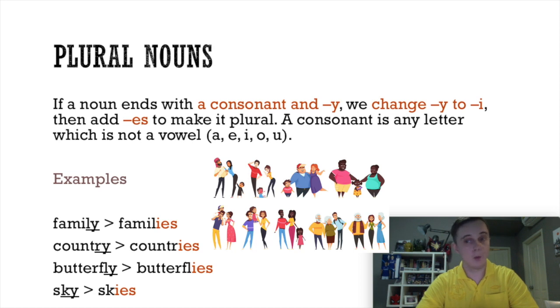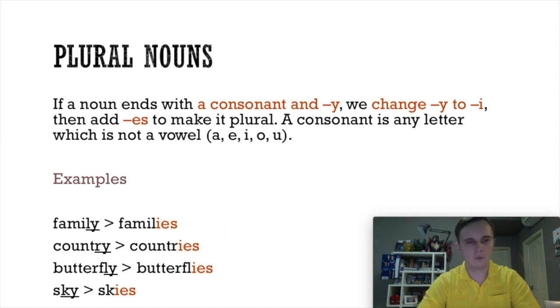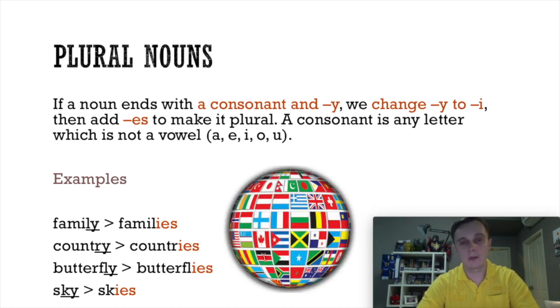F-A-M-I-L-I-E-S. There's no Y anymore. I've changed that to I and then added ES. Country. Country ends with R-Y. R is another consonant. It's not A-E-I-O-U, it's a letter, but that is not a vowel. So again, I've changed Y to I. Now I have countries,